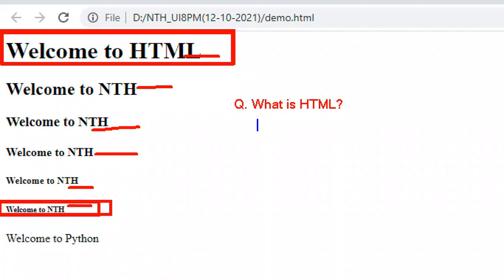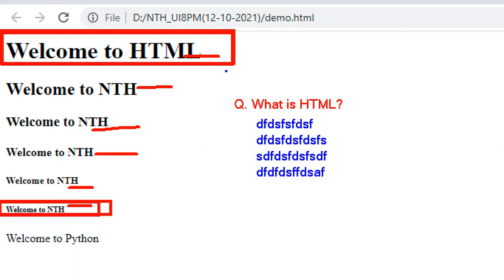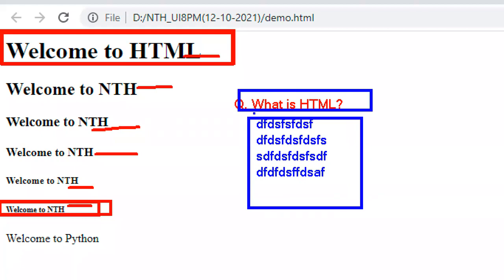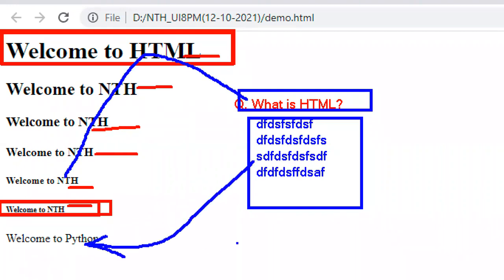Here you can write different content, multiple lines of code, whatever you want. So this is a question and this is the answer. If you want to write question and answer, for questions we can use header tags like this. For representing answers, we can use the paragraph tag, the P tag.